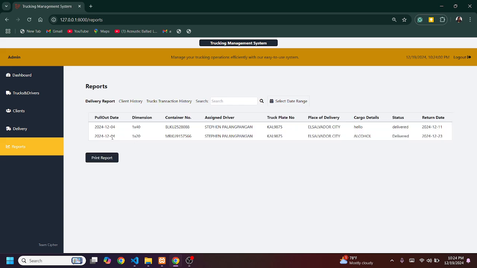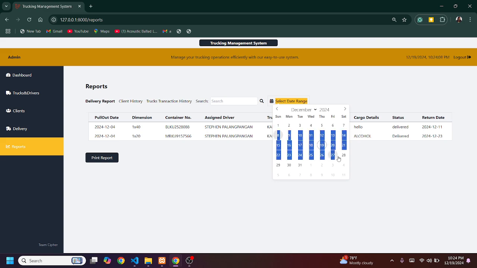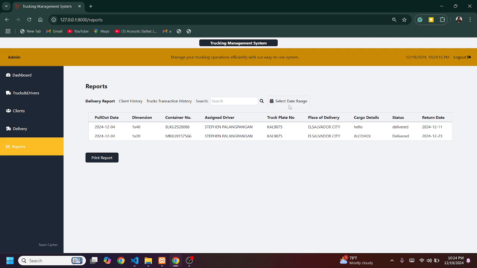So 12, 12, and then 12, 12. Let me try to look for 12 and 12.